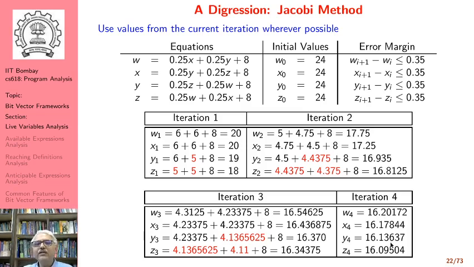Observe here that the values are not identical in this situation. That's because we are using the Jacobi method. In the Gauss-Seidel method all the values were equal, but we will still treat them as equal because the difference between them still is within the error margin. So all of them are equal to each other for all practical purposes.